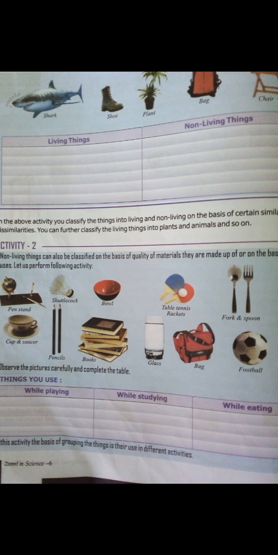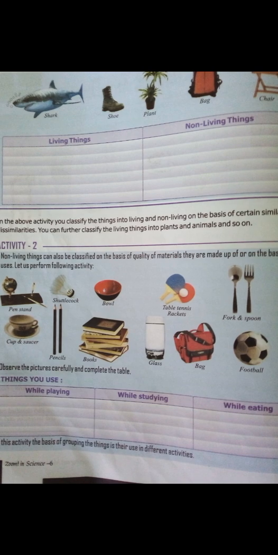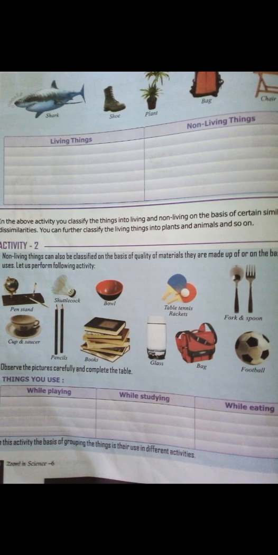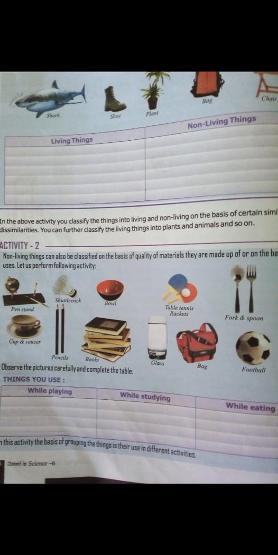I'll once again explain it for you. This chapter is about sorting out materials and objects. There are numerous objects around us, but we can group them because many things will be similar in their properties and some things will be different. Those which are similar can be grouped and can be easily located and studied. This is the most important reason for making the grouping and classification. And it also becomes useful for us in making different objects.